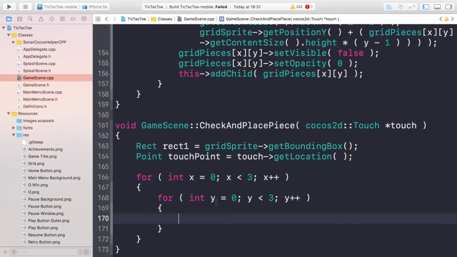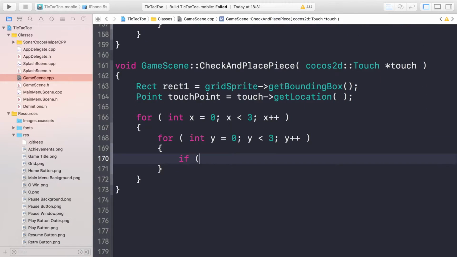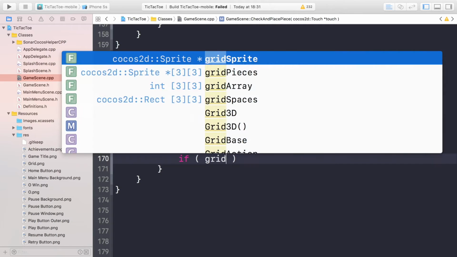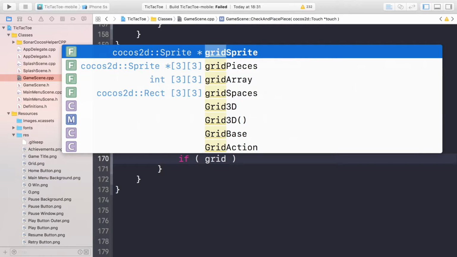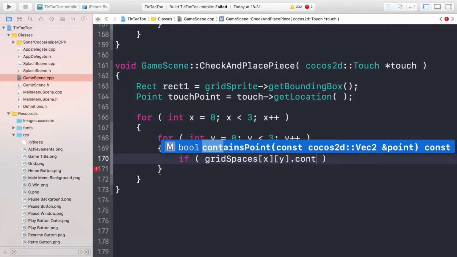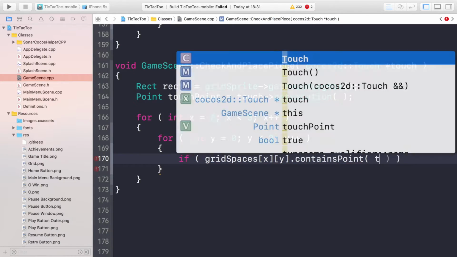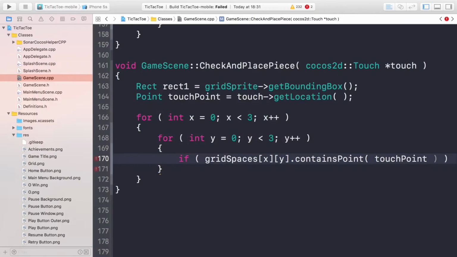Now in here, what we're going to do is do if grid spaces x and y dot contains point. So if it contains a particular point, which is our touch point, then we obviously have clicked it,